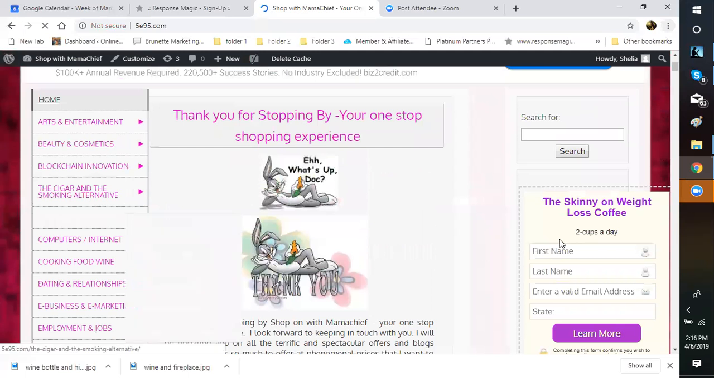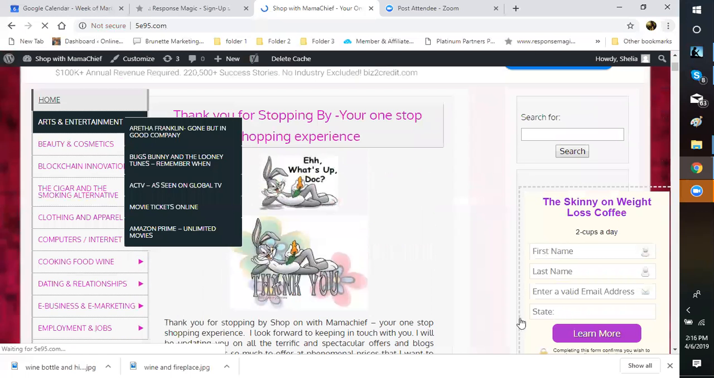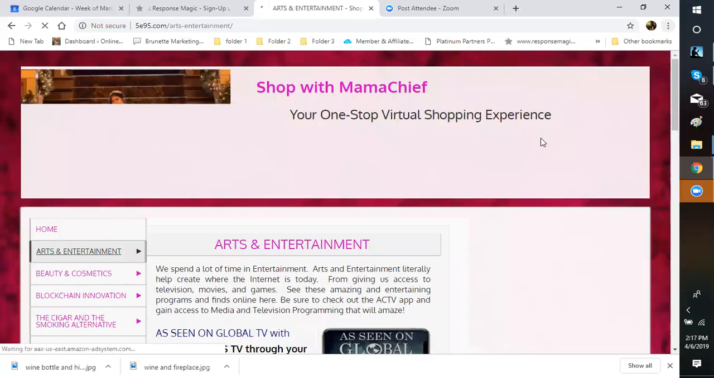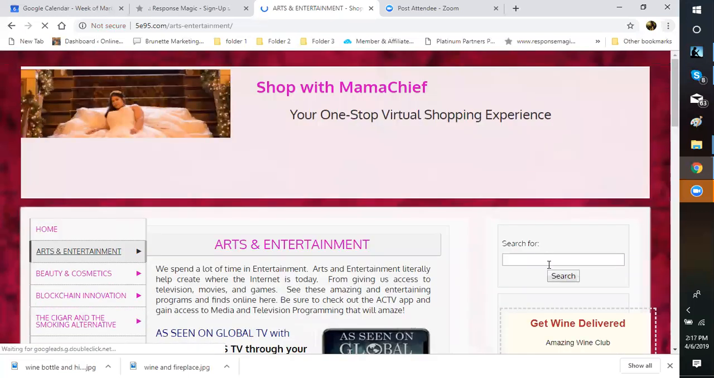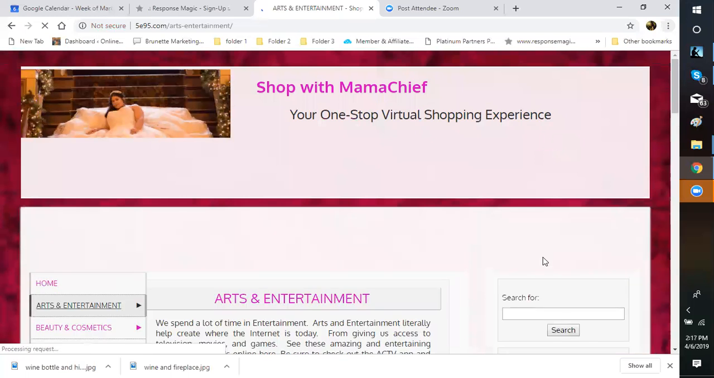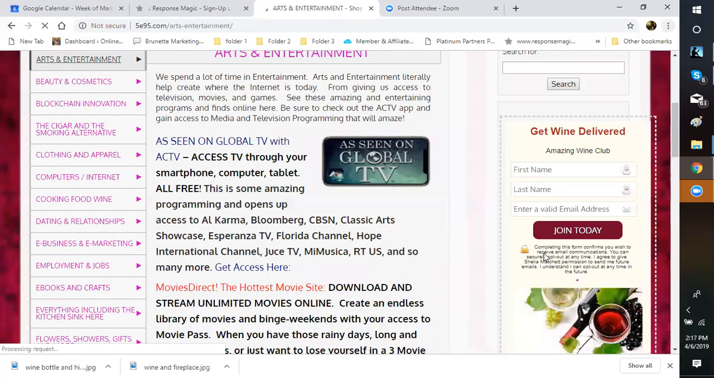My other page is wine. So if I click on another page, it has my wine. So if they sign up for this one, then I know they're interested in looking at my wine. Okay, so this one says get wine delivered to your door. Amazing Wine Club. So I know if I go to my Response Magic and look under this magnet for them,